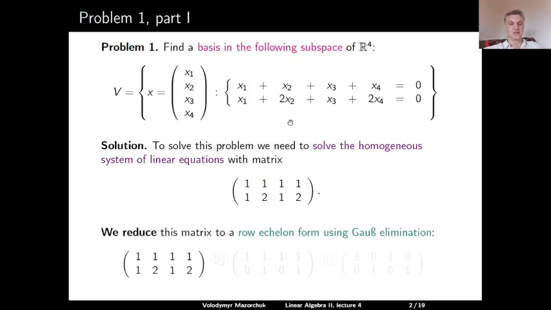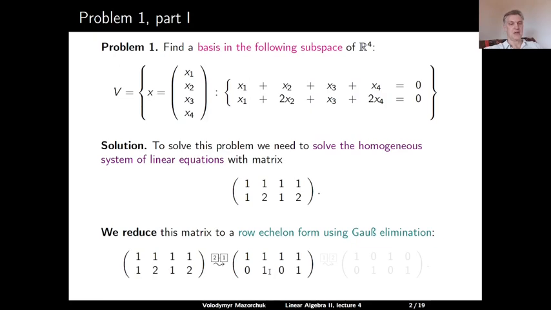So we start with the system matrix and we reduce it to a row echelon form using Gauss elimination. We have 1 in row 1, column 1, so we use it to eliminate everything else in its column. We subtract row 1 from row 2 to kill this one. Row 1 remains the same, and row 2 becomes 0, 1, 0, 1. So 1 minus 1 is 0, 2 minus 1 is 1, 1 minus 1 is 0, 2 minus 1 is